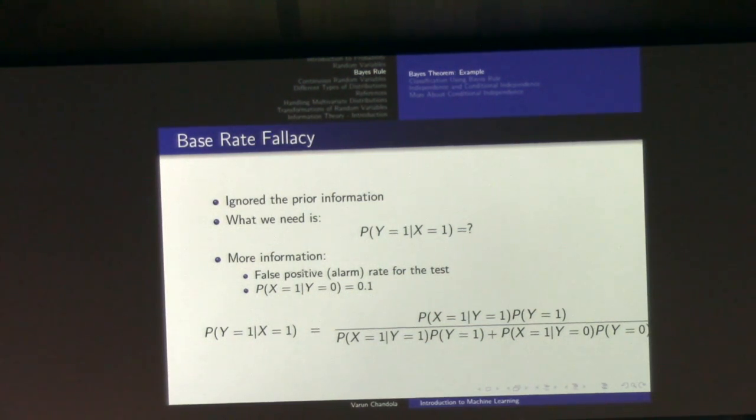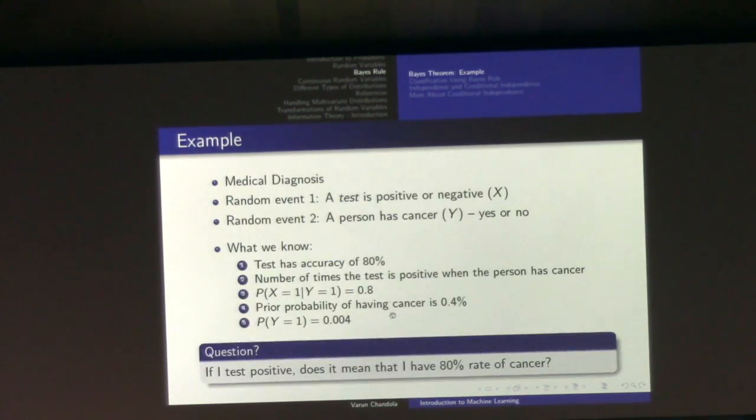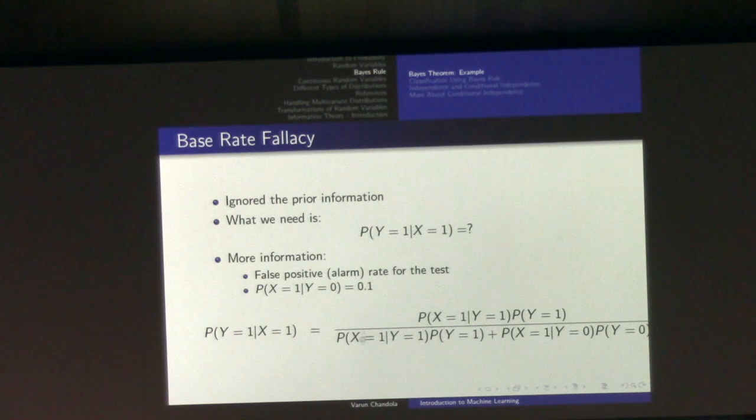So we need one more piece of information for that. Let's say we are also given the false positive rate for the test, which means the probability that the test would say positive when this person does not have cancer. That is the false positive rate. Let's say it is 0.1. So the way to compute this value is to apply the Bayes rule. I've given you the equation for the Bayes rule over here. When you work through it, you will see that you have all these values. This is 0.8, this is 0.4,